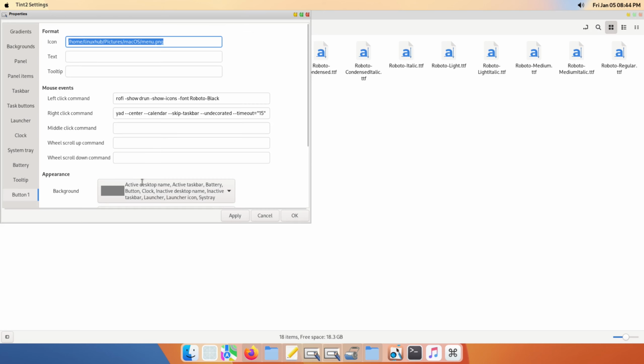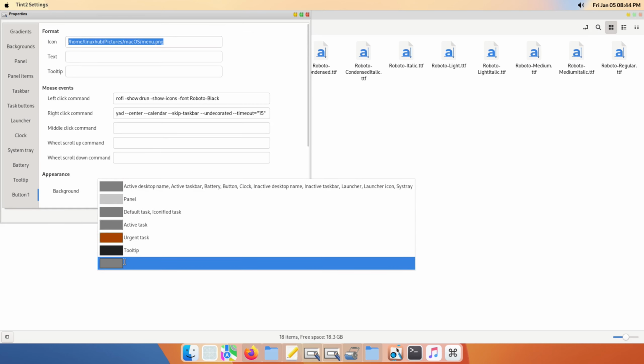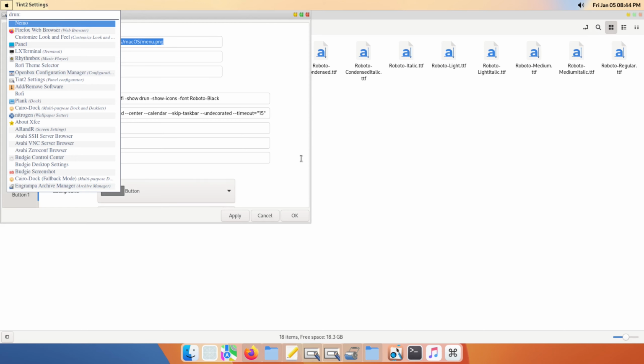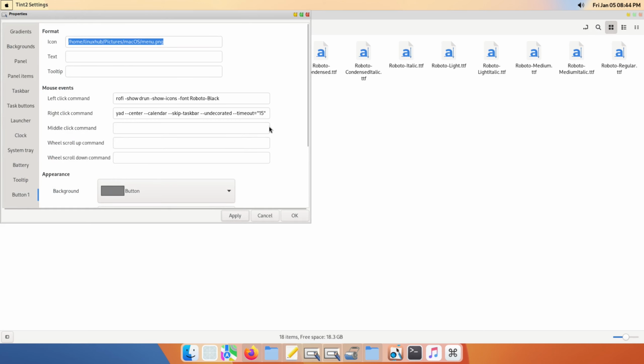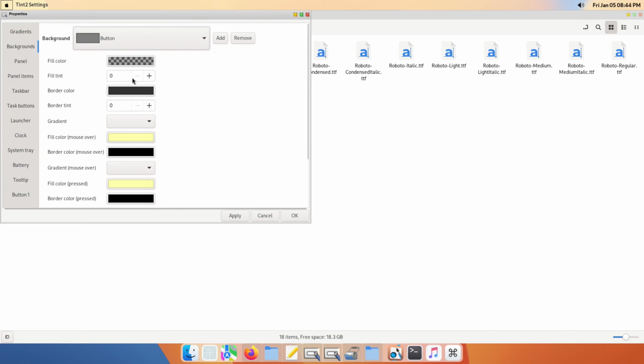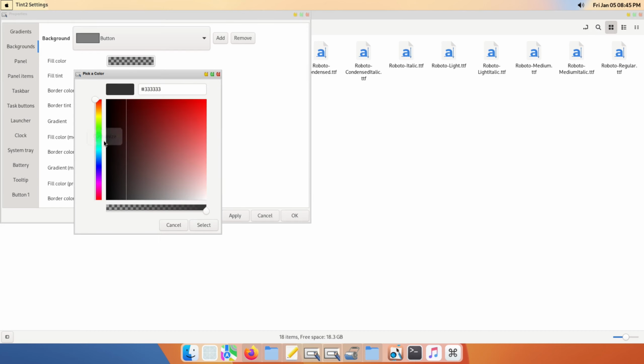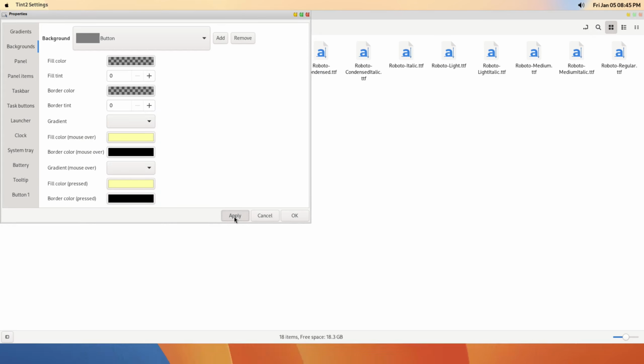I'll go to my button, select it. Alright, so go back to my backgrounds, border color, gotta make that transparent, because right now I have a border around it. Apply,